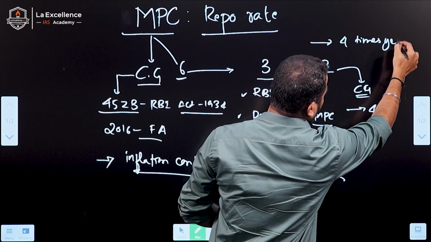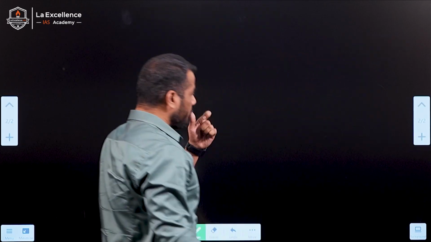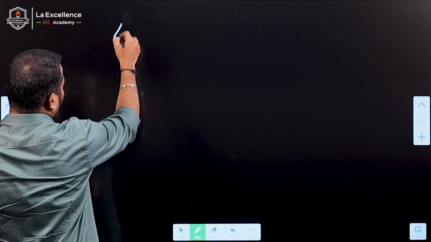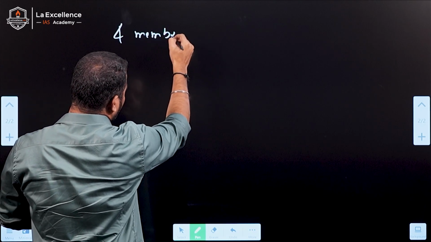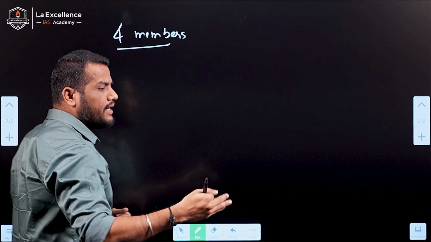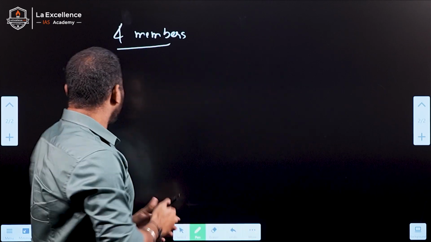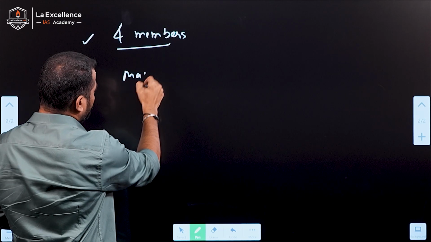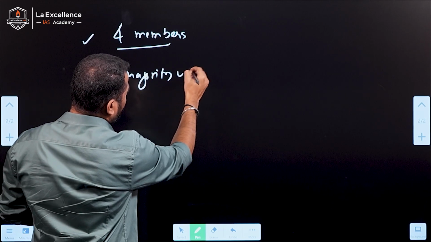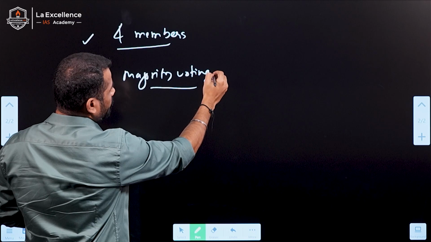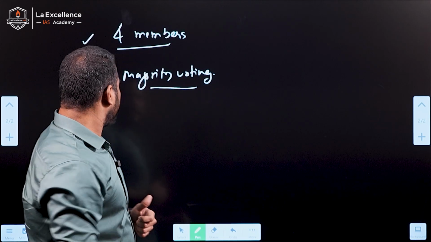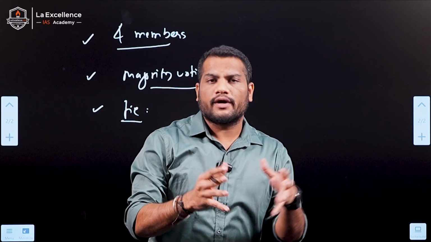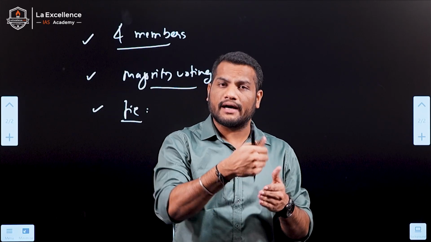Whenever this Monetary Policy Committee meets, there is a quorum. What is the quorum? The quorum is 4 members, meaning there should be at least 4 members to meet and discuss any policy decision. Decisions are taken by majority voting, and every member has an equal vote. If there is a tie, for example, in deciding whether the policy rate should be increased or decreased,